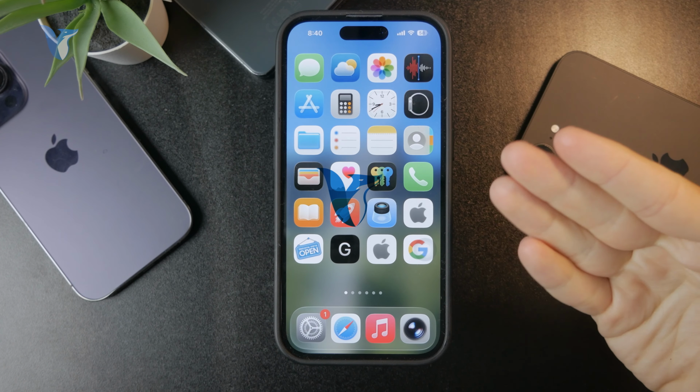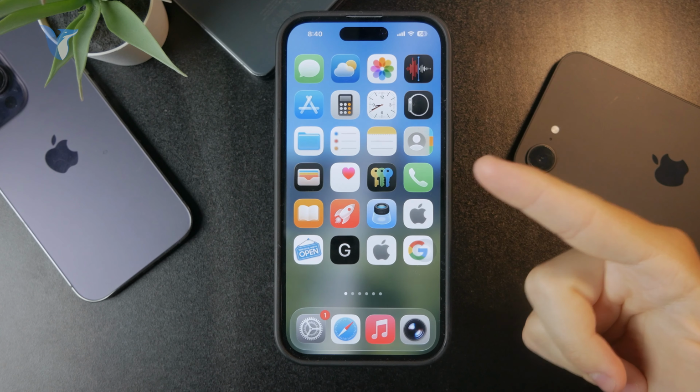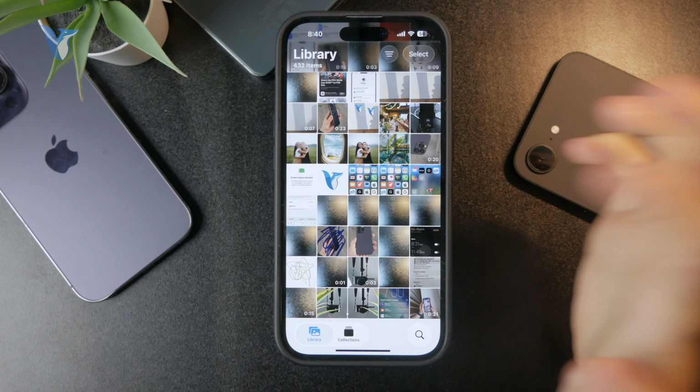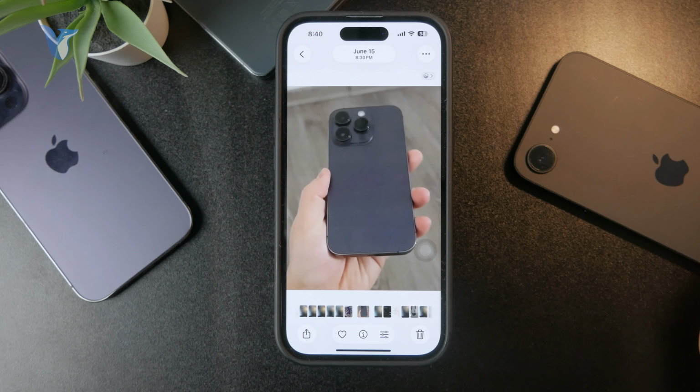Here is how you can make iPhone pictures zoom out. So if I go to my gallery and let's say I click on this image, and if you suspect that it has been edited to make it zoom in, what you can do is click on the edit button